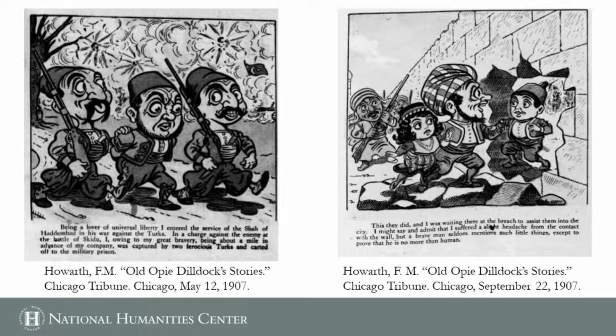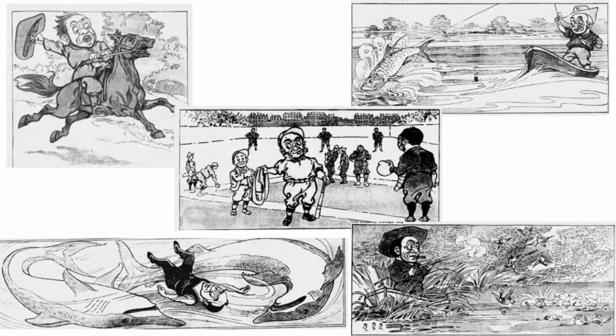What's interesting to me about what Howarth is doing is that he takes Dildock all over the world, and he introduces him to a whole host of different cultures, and he has them interacting, and they interact largely as equals. There's still sort of a sense that the American, that Dildock, is somehow a little better than everybody else. He's the one with the superhuman strength. But for the most part, these are all equals,